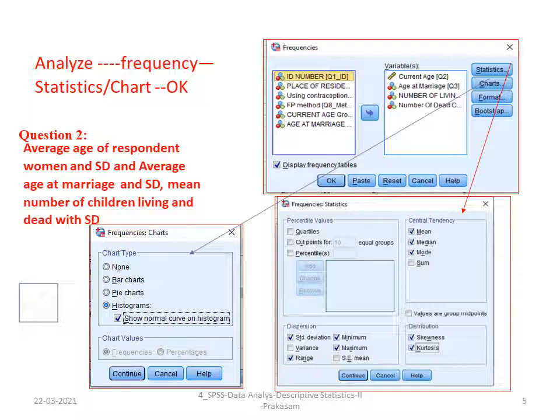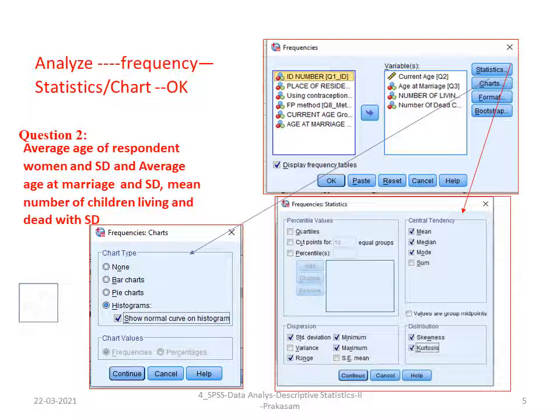In that, down below on the right side, the statistics window will give you quartiles and percentiles, and on the right side central tendency: mean, median, mode, which we discussed earlier.